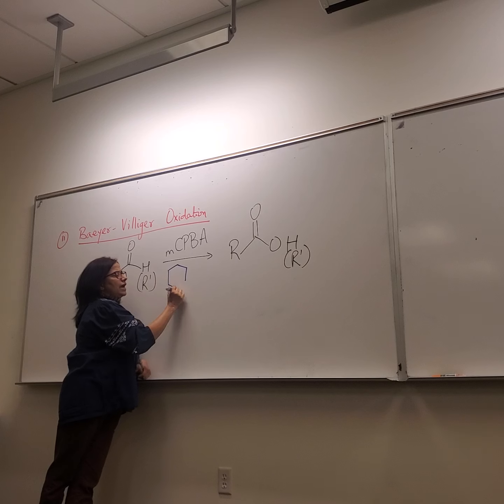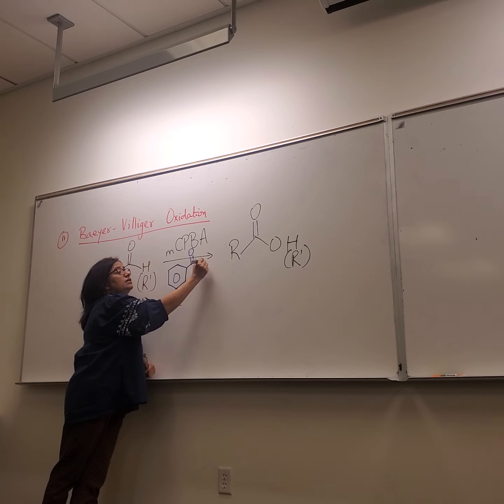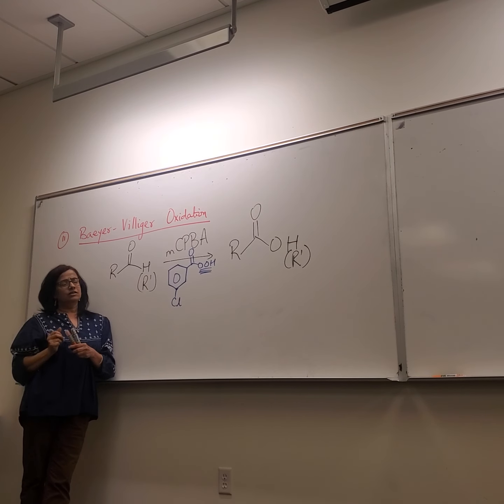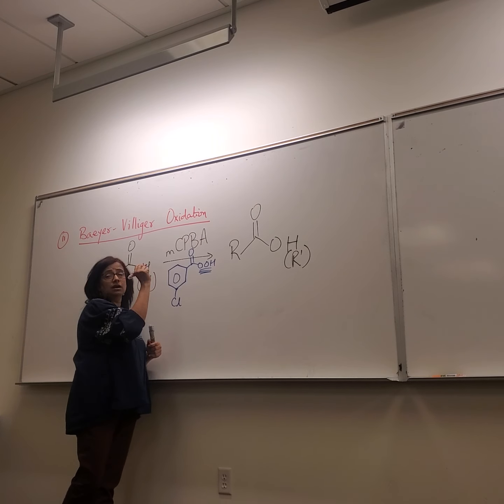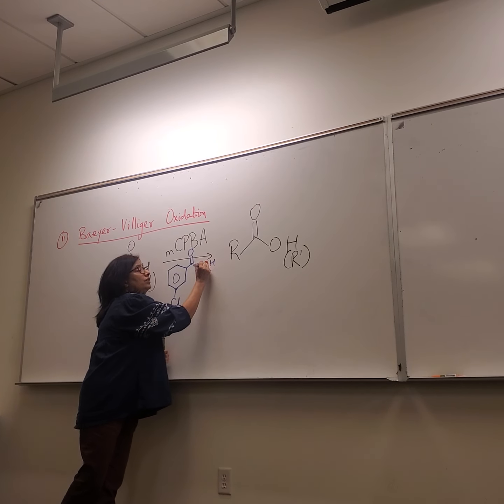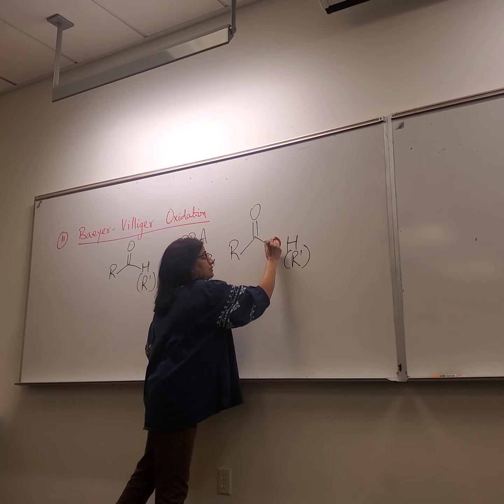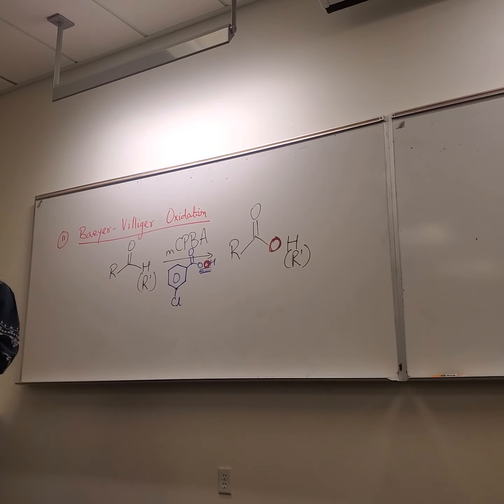It's a per acid, which means it's got chlorine in the meta position, but it's not just a benzoic acid, it's a perbenzoic acid. The per bond is the oxygen-oxygen single bond. And one of the oxygens from there is inserted right here to either convert an aldehyde into a carboxylic acid or